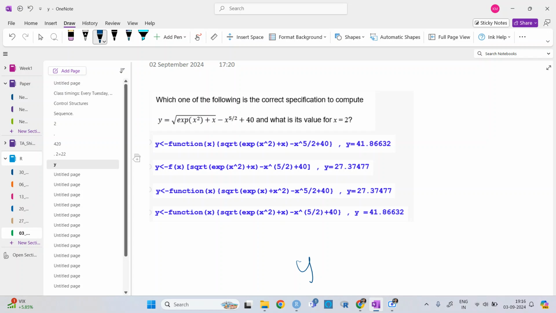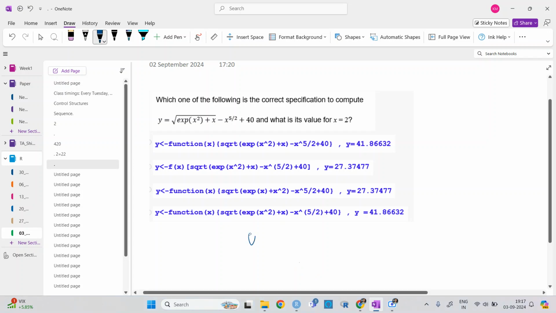Option D. Okay, so let's just see. The way of defining a function is y is equal to function of x, right?